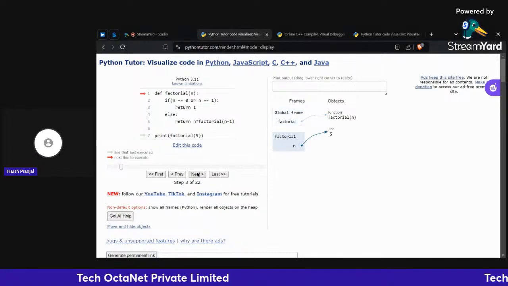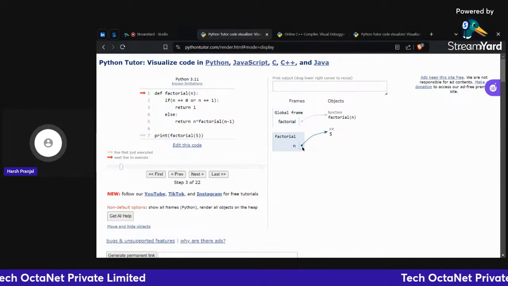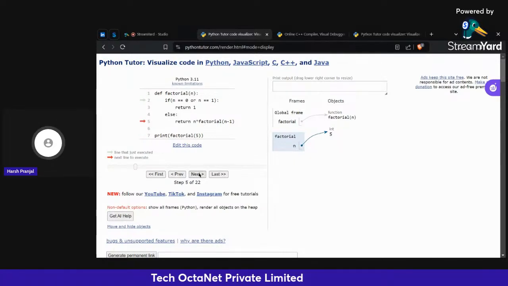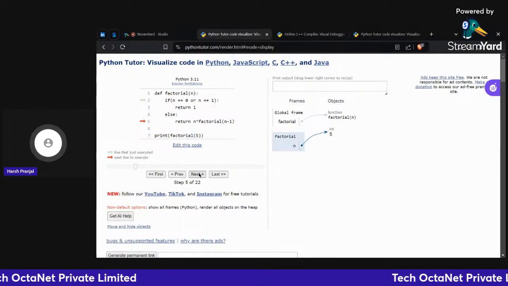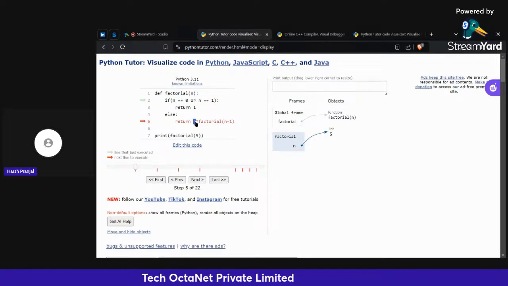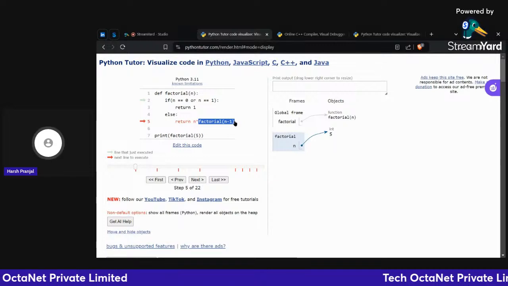Now see, the first value of n is 5. Line number 2 is false, so we will directly jump to line number 5. Line number 5 is trying to return the value of n, that is 5, multiplied by